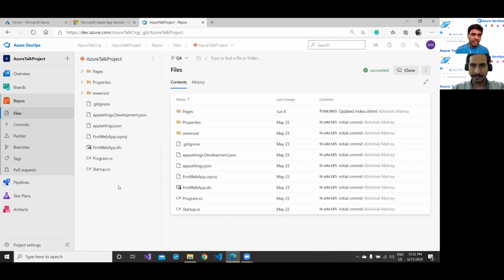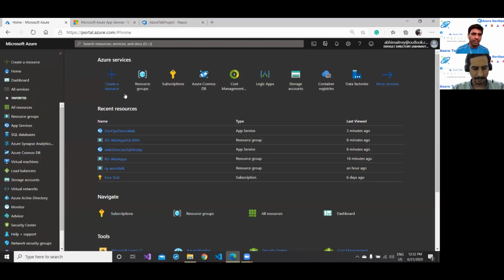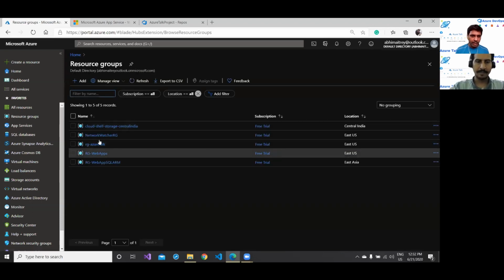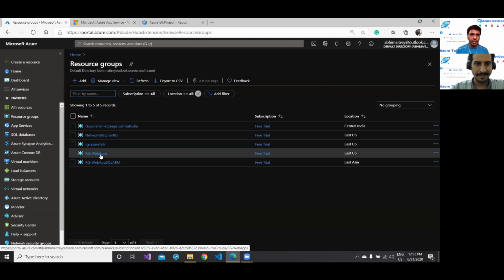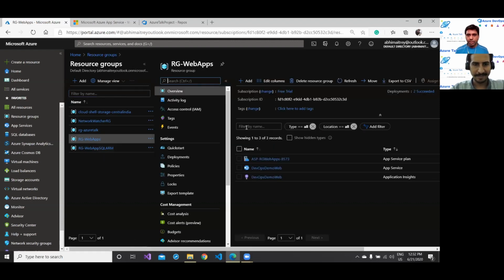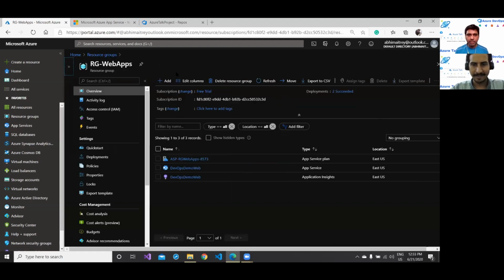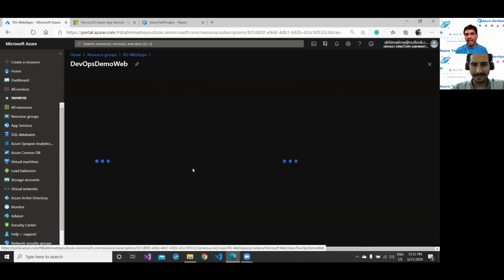And on the same page, I have created one blank application on the Azure portal. You can see, go to my resource groups, and under this resource group, RG web apps, this is my new resource group. Let me expand it. It has the DevOps demo web app, a blank application.